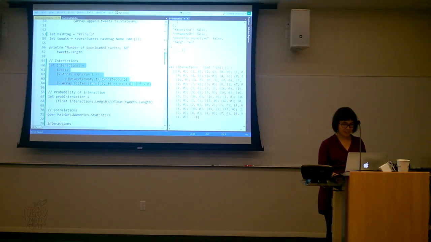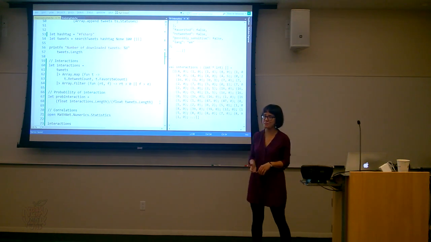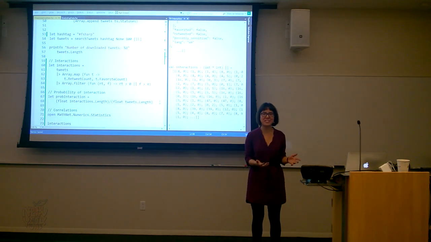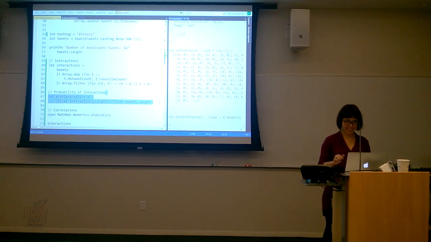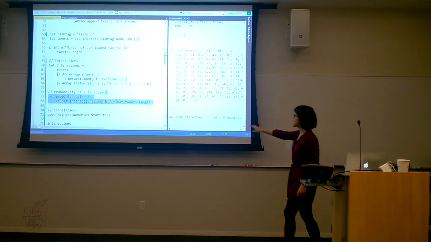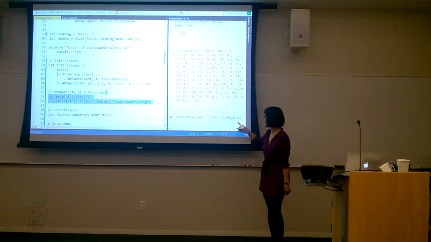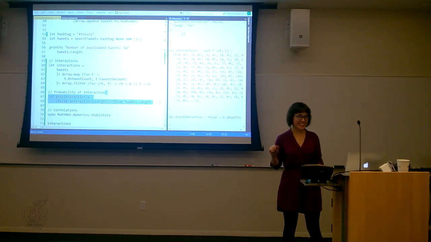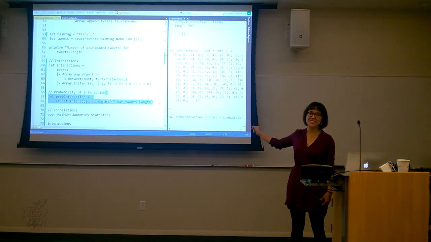And now I can look at the probability that if you tweet something with the hashtag F#, that it gets retweeted or favorited. So let's see. Oh, and you can see that the probability is 90%. That's very high. I was looking at C# this afternoon, and that was just 75%. So tweet about F#.